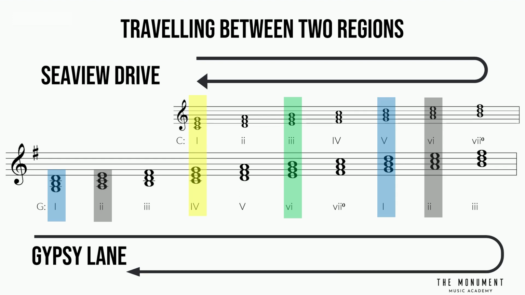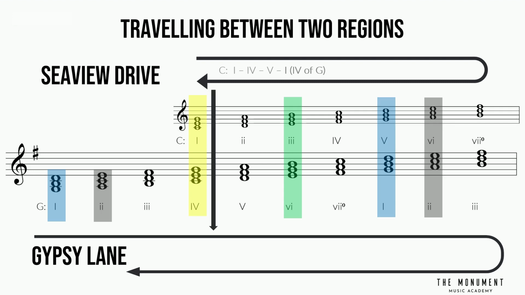Imagine that you were born in Seaview Drive and you've moved from houses 1 to 4 to 5 and then back to 1. One day you realize that house 1 is a huge mansion and there's a secret back door that leads into Gypsy Lane. Turns out that this mansion has 2 entrances. Its front door is 1 Seaview Drive, while its back door is 4 Gypsy Lane. This means that you could get to a different neighborhood using the same house because of its sheer size.